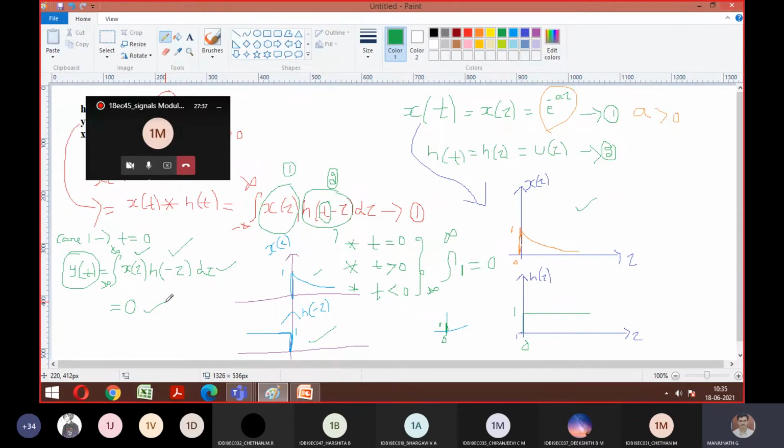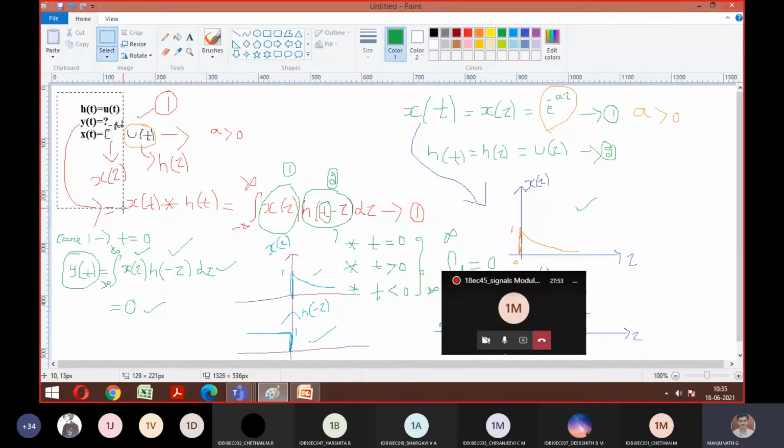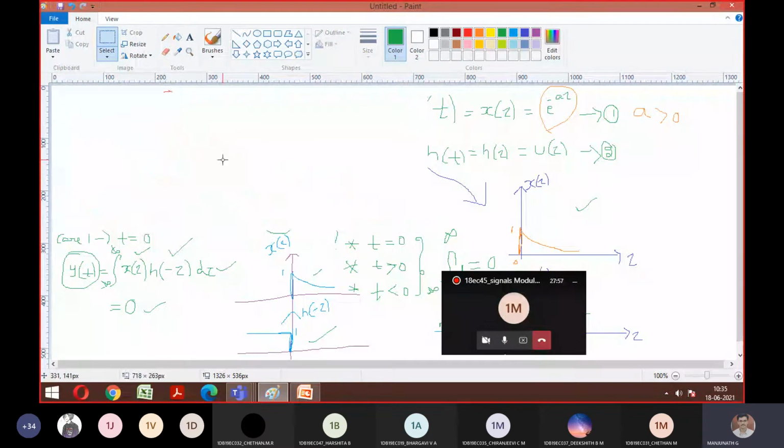Any doubts? Anyone with case 1, you can ask. Is it okay to everyone till here? Shall we proceed? Okay, let me write case 2 here. If you have not understood, you can ask me, guys. I can repeat once more if you have doubts. So let's go with case 2 now.